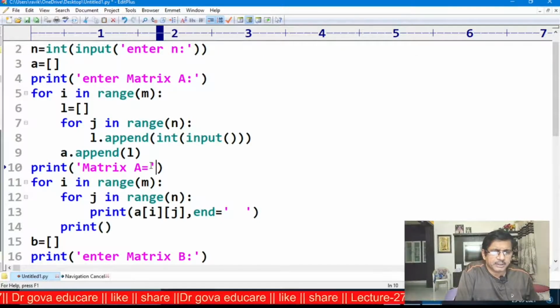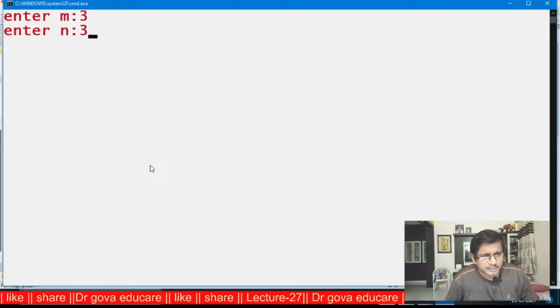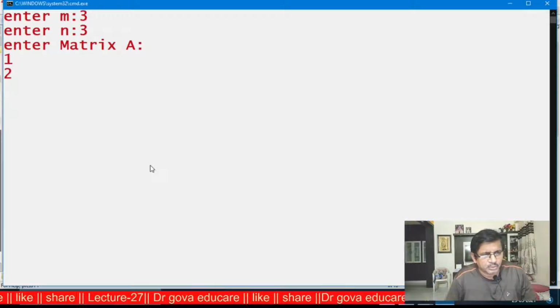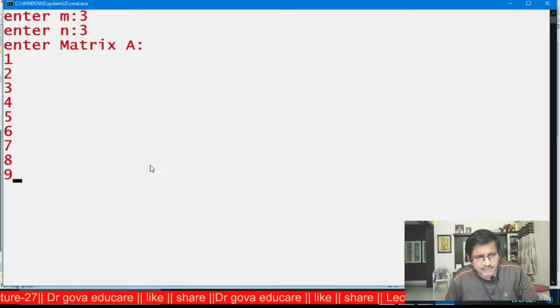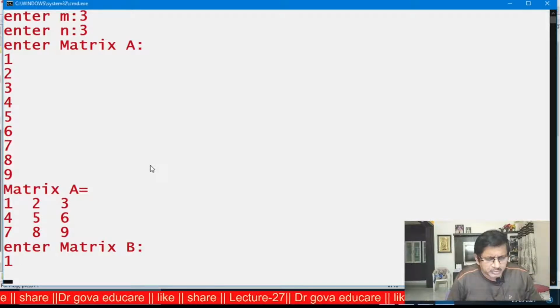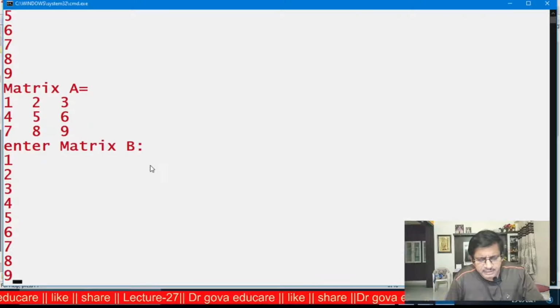Now I am executing this. Enter 3. Both have the same dimensions, so I enter the matrix 1 2 3 4 5 6 7 8 9. This is the matrix A. Now I want to enter the matrix B, assuming the same elements 1, 2, 3, 4, 5, 6, 7, 8, 9.